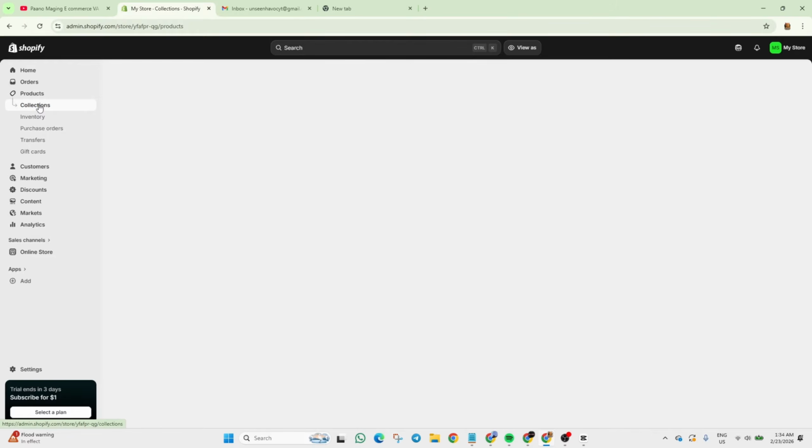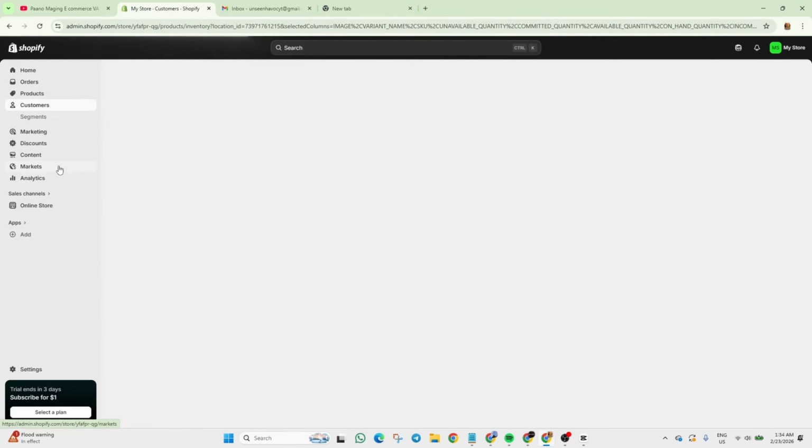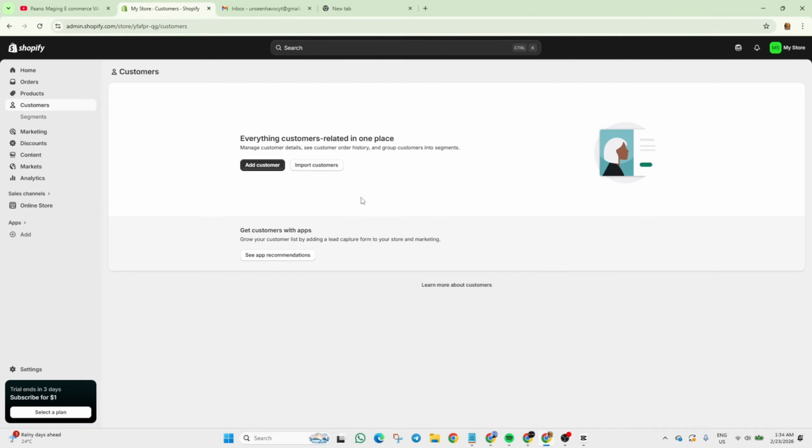Collection as well. Inventory, you don't normally use that. Purchase orders as well, no need. Transfers, no need. Gift cards, no need. In case you're a media buyer or in marketing, then you will use this. Customers, you will not use this. Ito yung mga nag-sign up sa newsletter ng client mo or ng website nyo.